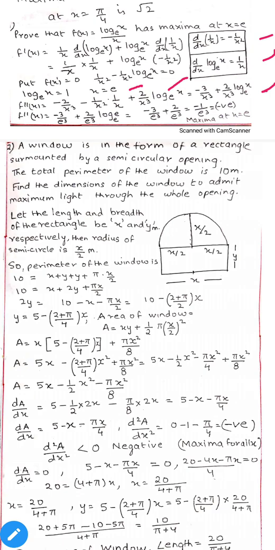Now we are substituting the value of e. In the double derivative we get minus 3 upon e cubed plus 2 upon e cubed log e. We should know that log e base e is 1. Minus 3 upon e cubed plus 2 upon e cubed is a negative value, so it is maxima at x is equal to e.